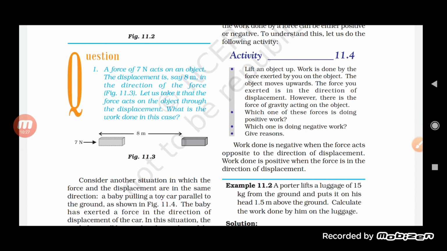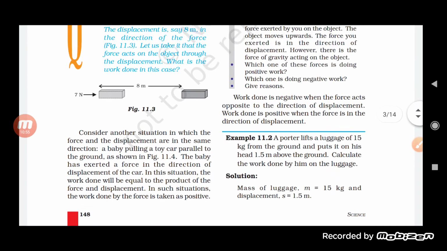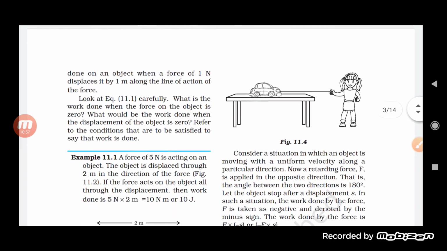So this is how we can calculate the value of the work done if the force is given and if the displacement is given, students. Suppose we have applied a force on any object, then we make it move a certain distance, and this we can say is work done. So for that we must know the force as well as the distance traveled by the object. Okay. Now, there are some conditions that we have to understand here.